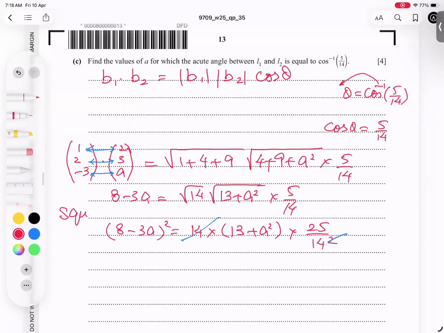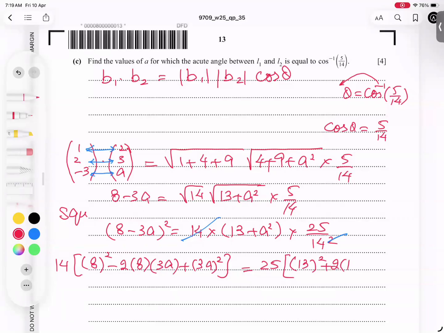So now students, I'm close. This 14, one left will multiply here, and will become this format. Here I'm using the squaring identity: first term square, negative 2 into first term into second term, plus second term square. On the other end, 25 outside, and we can expand the second squaring identity. Apply here: 13 whole square plus 2 into 13 times 2a square and plus